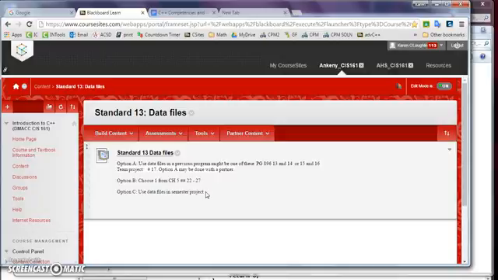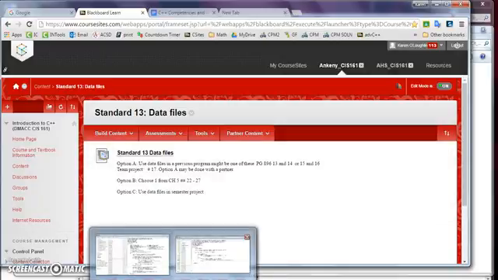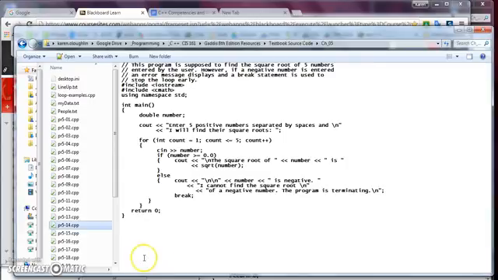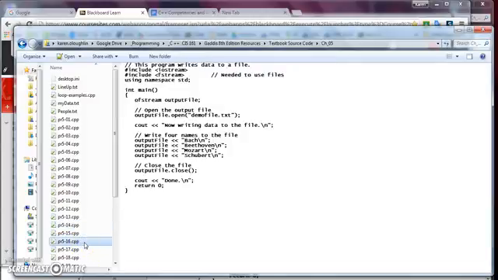I'm going to step you through just some of the programs from Chapter 5, and in class we will do a demo of how you actually set up a project to do this. So in Chapter 5, the first program that deals with data files is program number 16. I'm not actually going to run this code, we're just going to look at it and kind of study it. And a couple of things to note: in most of these